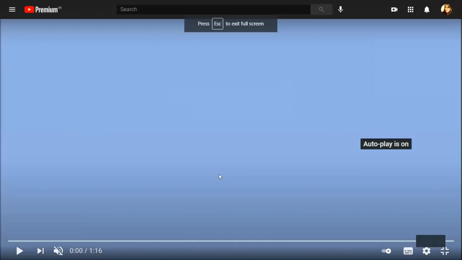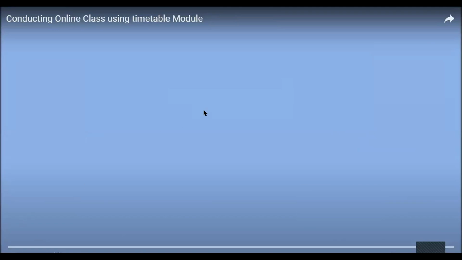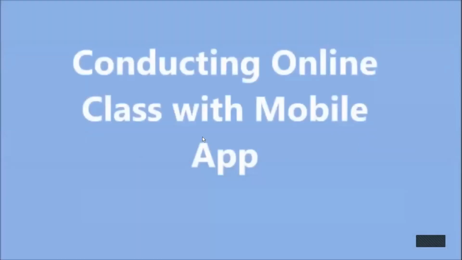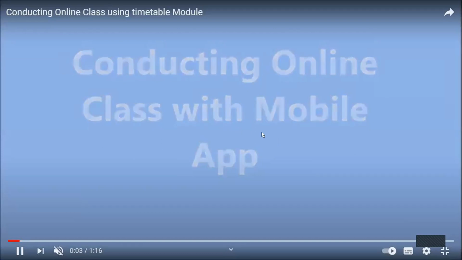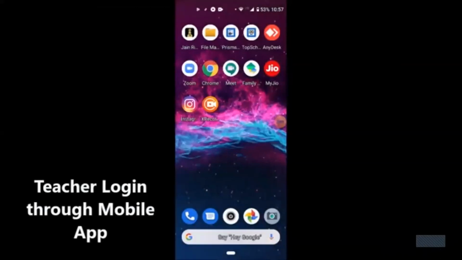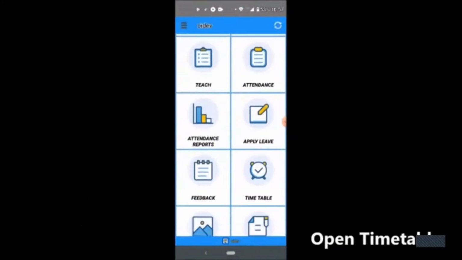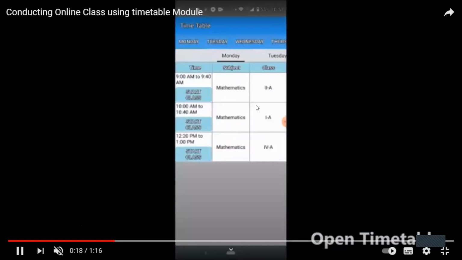First I'll show you a small video to give you an idea what the online timetable is about and how exactly it's used. Then I'll show you how the setup is actually done. Once you start with your online timetable in teachers login, after the whole setup is done, the teachers will be able to see their timetable for the day, which online classes they are going to have throughout the day, and they can simply click on start class and start the class.